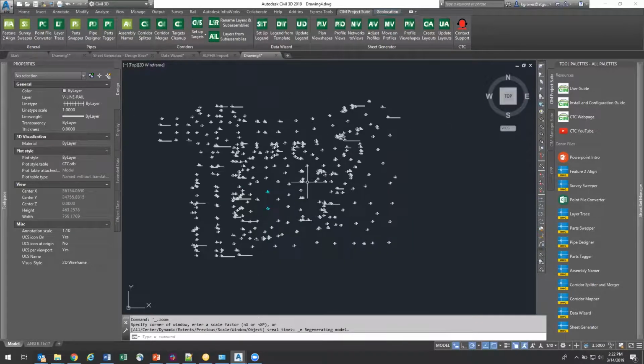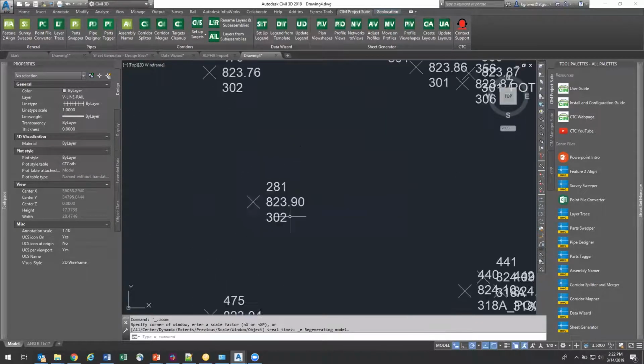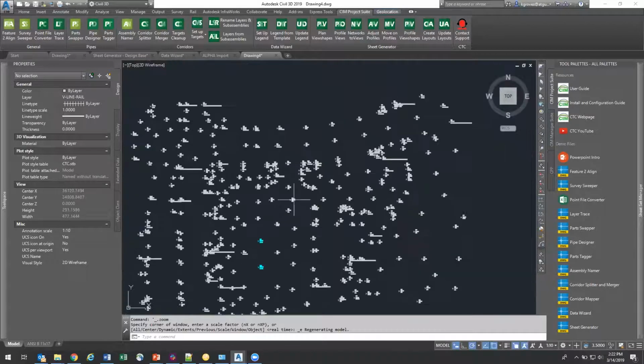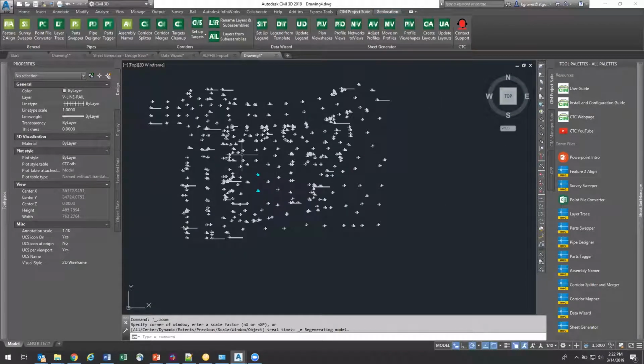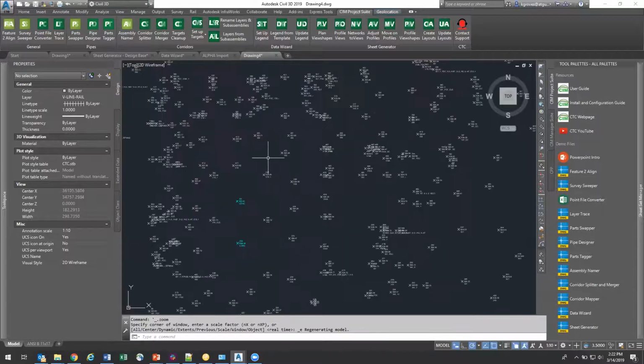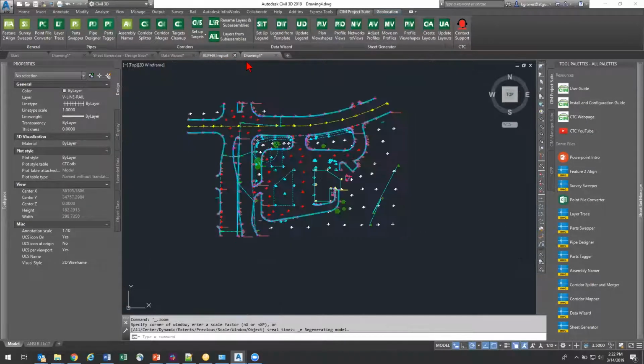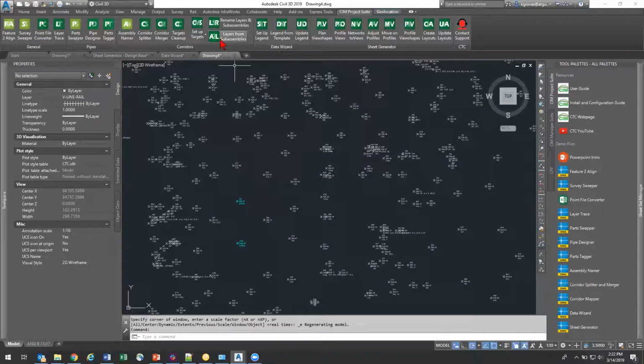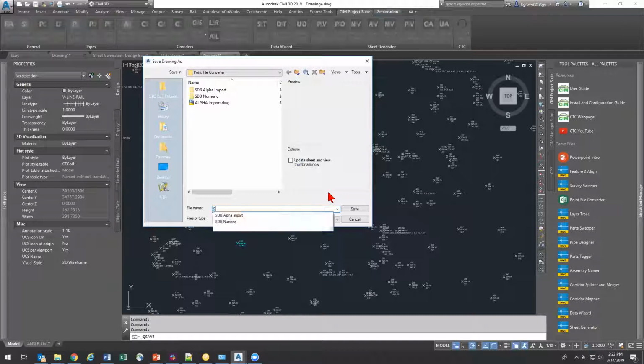I can see that this is not set up for my drawing and all of my stuff. So how do I take this numeric set of survey codes and turn it into my alpha set? Well, we'll go ahead and delete the alpha, or close out of the alpha import. We'll save this as the